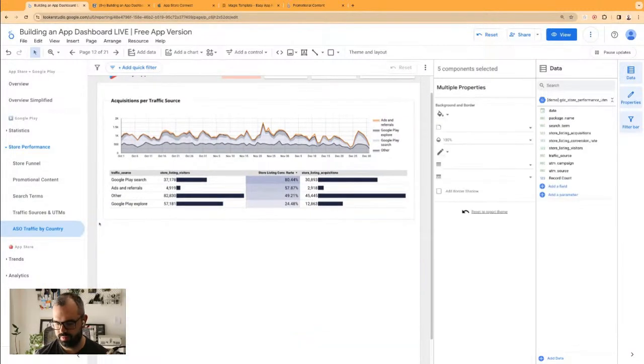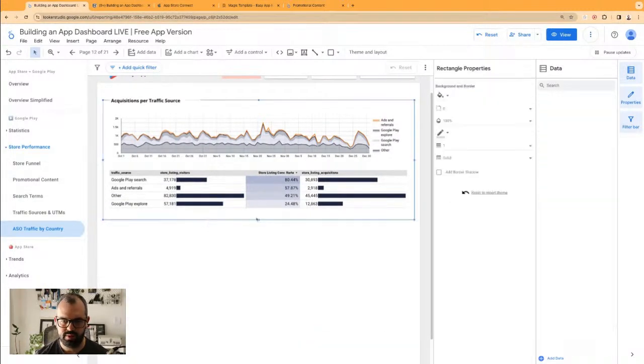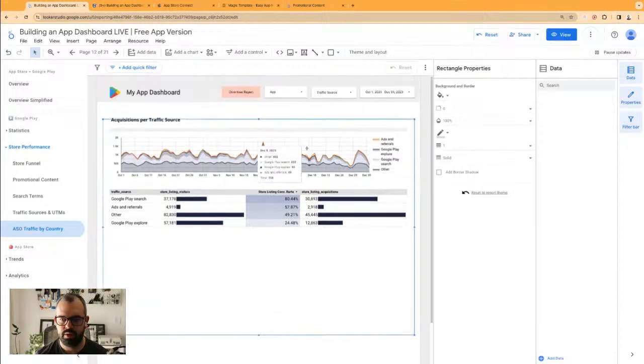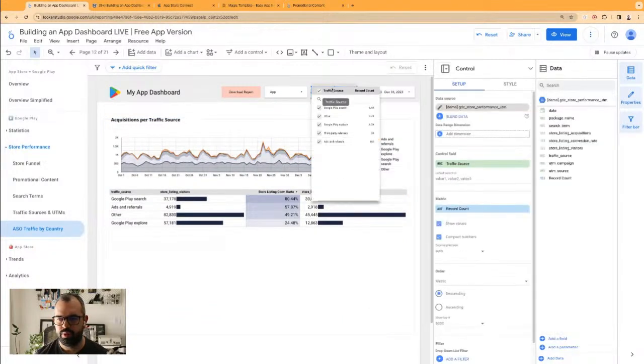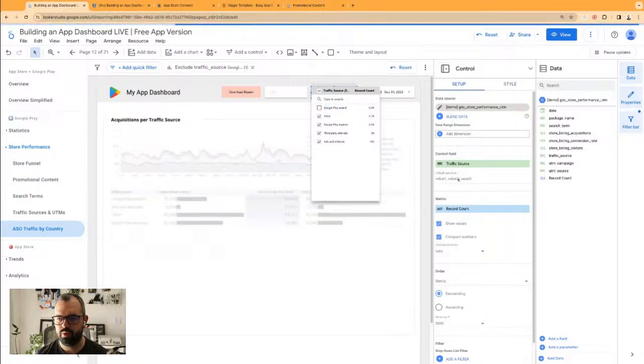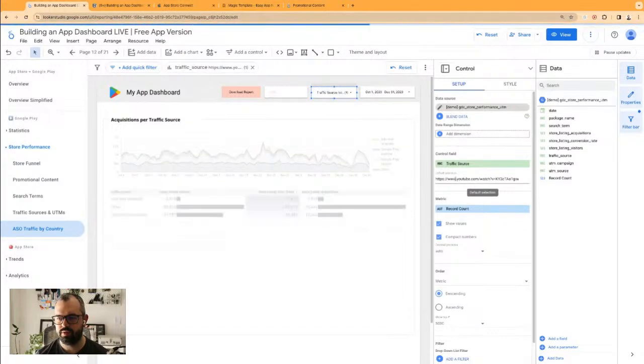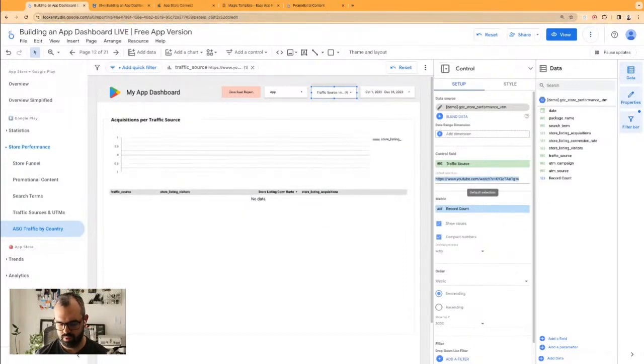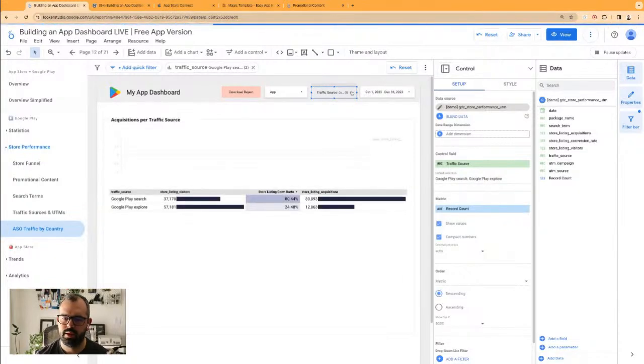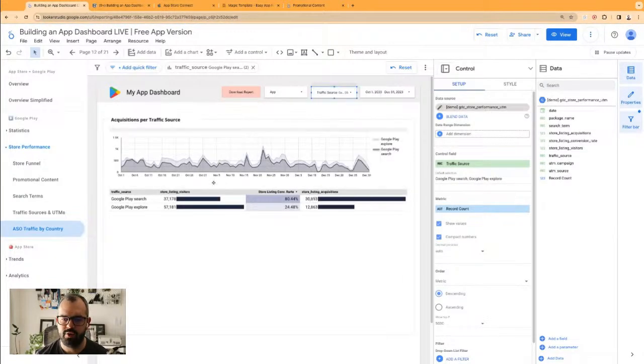Bold statement. Let's see. So the first thing that we're going to need is to lock this. So it's Google Play search or Play Explorer. Okay, so we have both sources here,